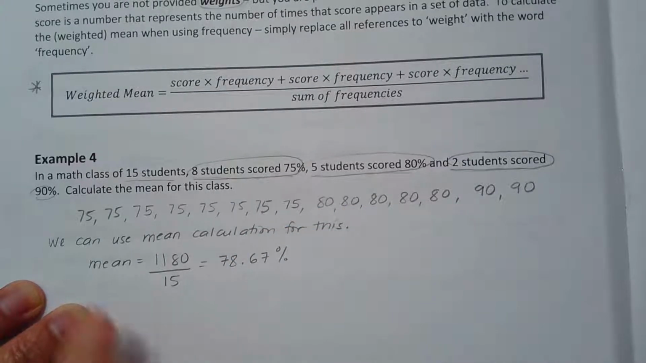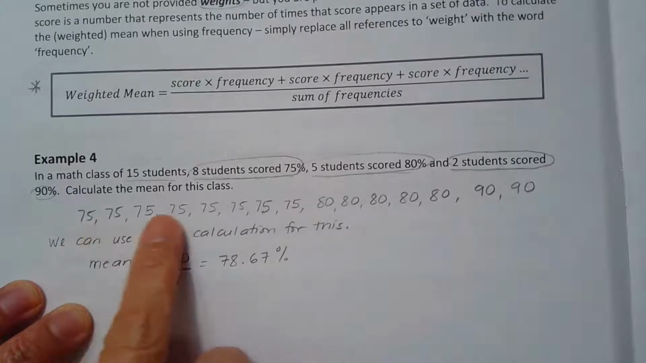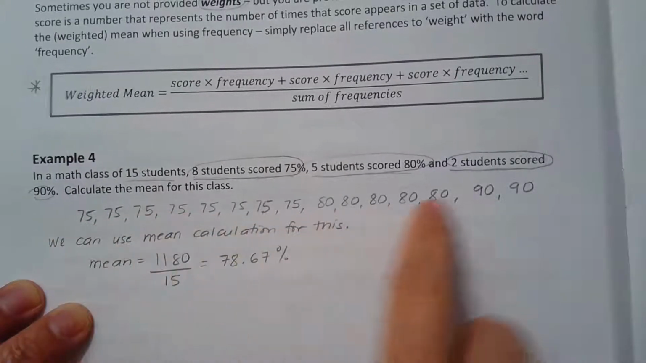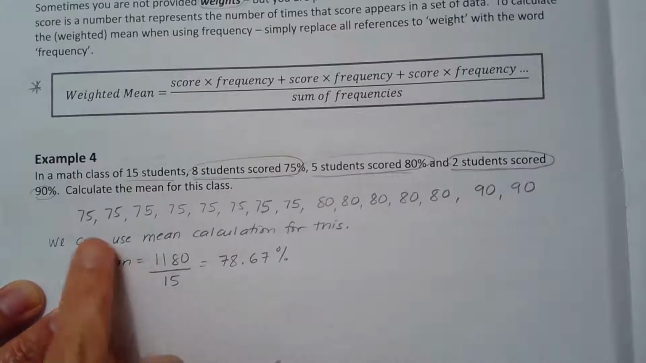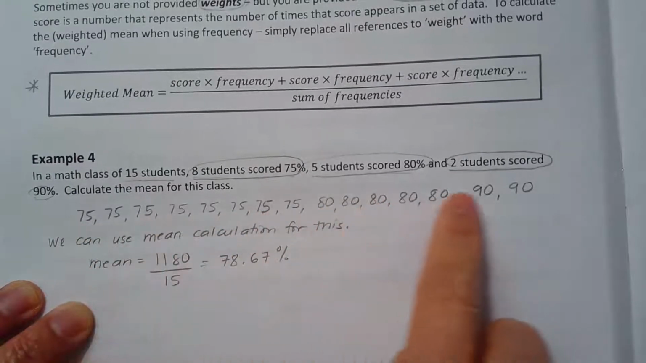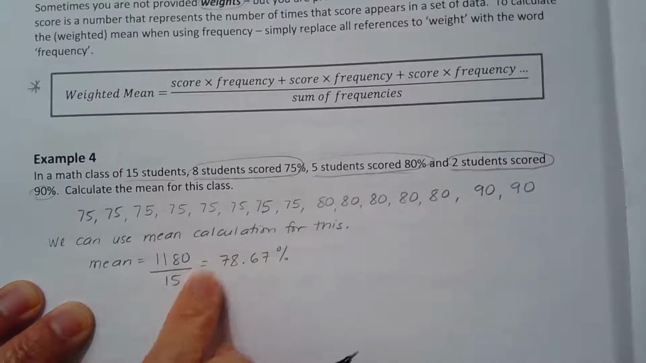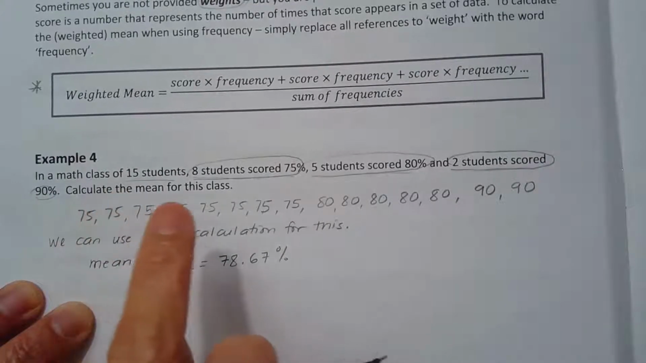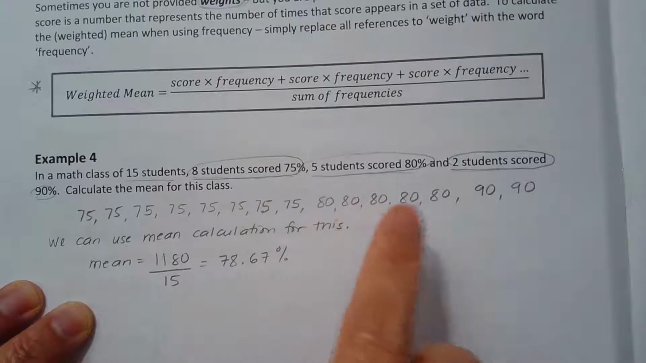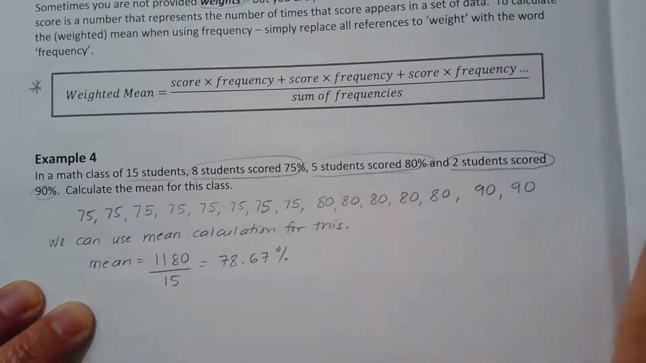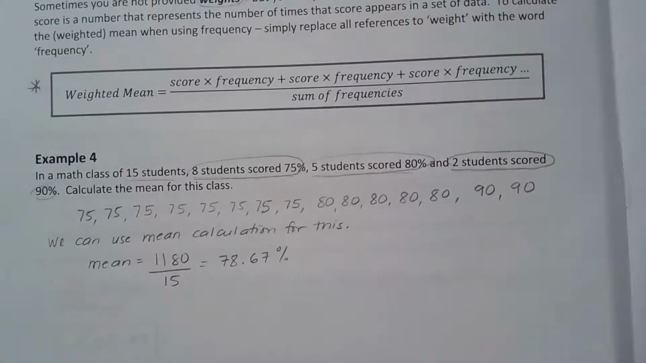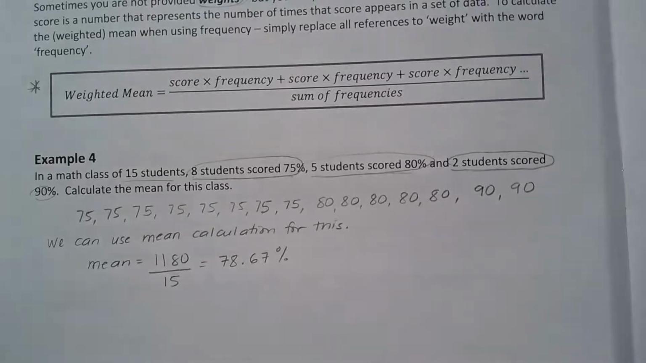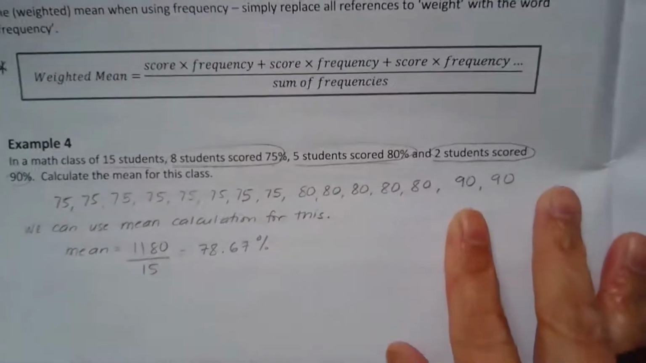Now you're probably thinking, oh, that's going to be a long time punching all these numbers into my calculator, right? So there has to be another way of figuring this out. How can I figure this out without adding 75 plus 75 plus 75 plus 75 plus 75 plus 80 plus 80 plus 80 plus, and so on? That's going to be an awfully large amount of calculation. So what we can do is use